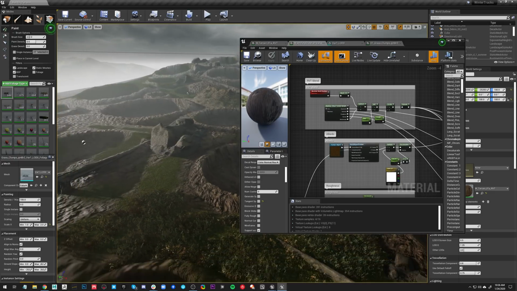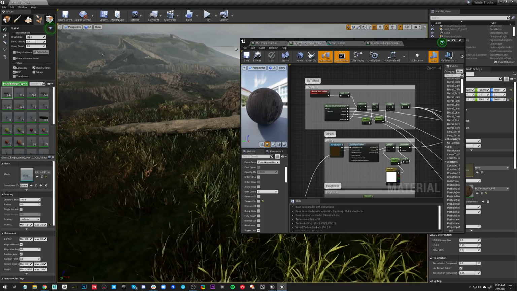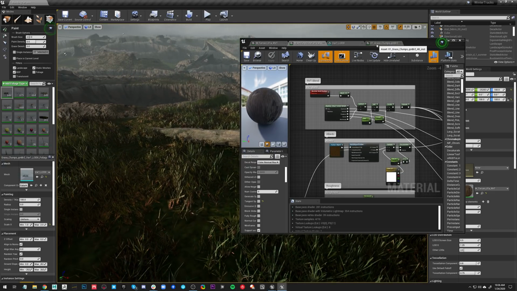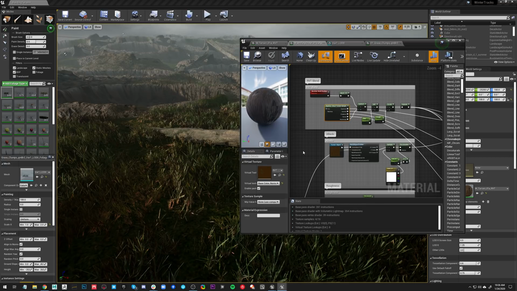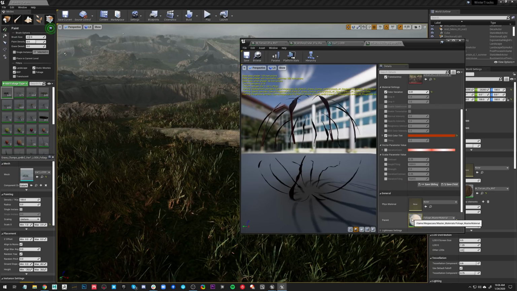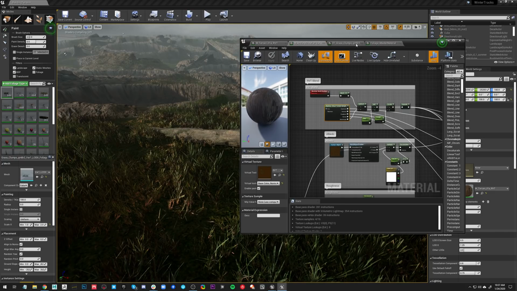All right, while we're waiting on fielding more questions, or if Joseph wants to explain a bit more, I'm going to look at just copying this setup over and applying it to the grass real quick. I've been seeing some questions in the chat about copying materials, like you would with distance field, and if you need to do that with RVTs. So I figured I would explain a little bit about how this technology works.